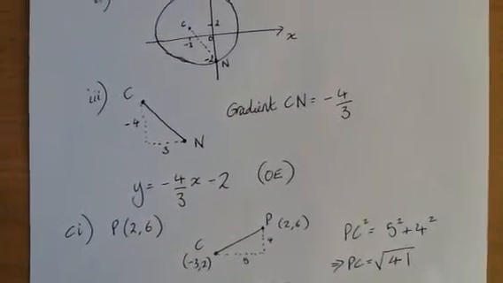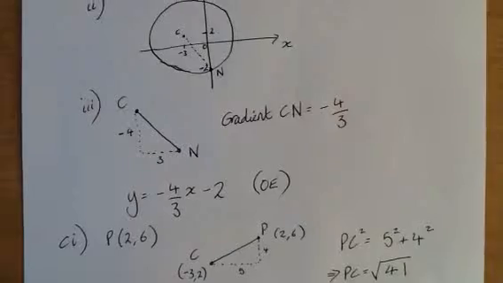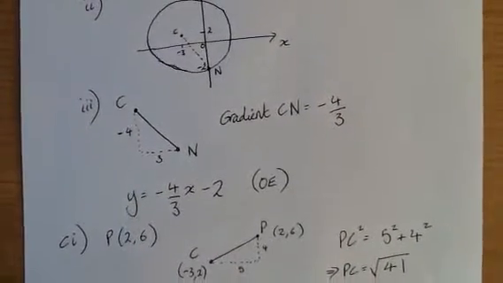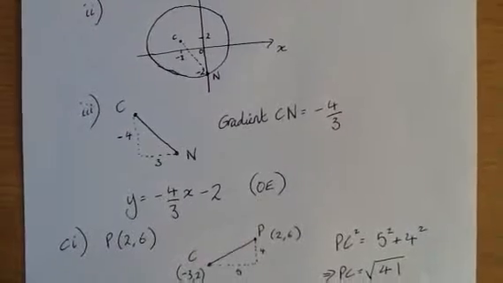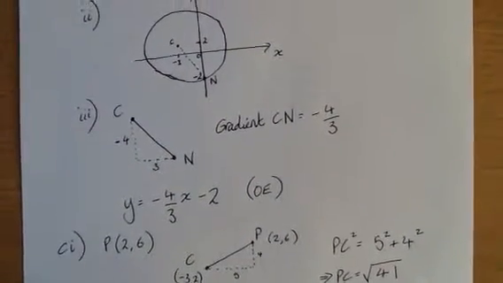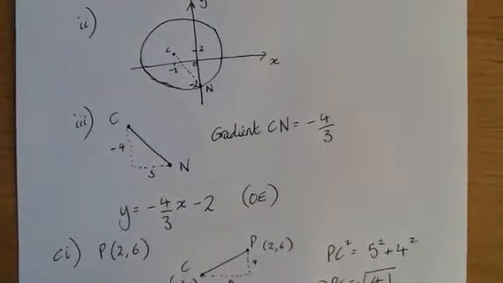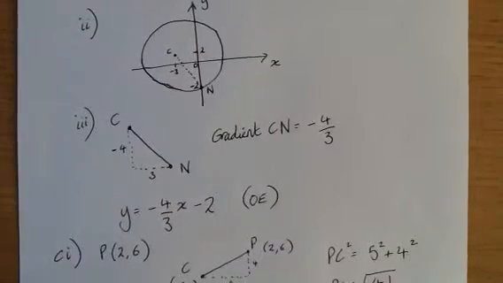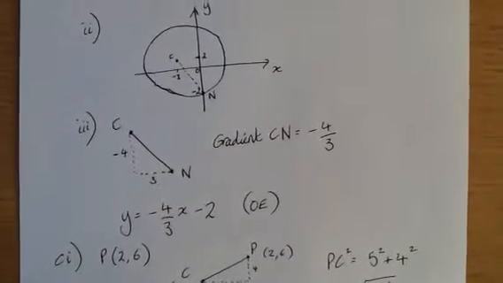Part 3, if you then do a little sketch, if it helps you, CN, the gradient will be -4/3, and if we then write it in the form of y equals mx plus c, you know that the intercept on the y-axis is going to be -2, therefore y equals -4/3 x, take away 2, or equivalent,